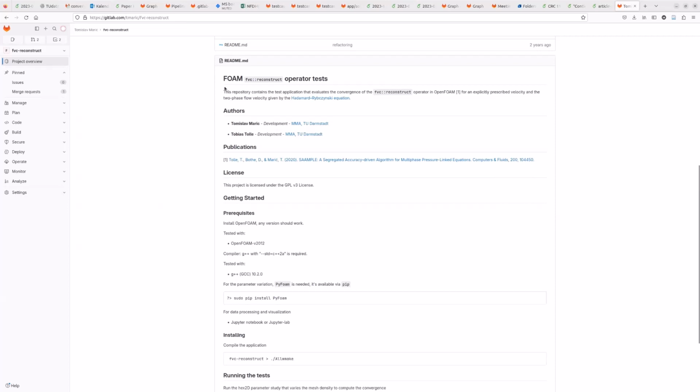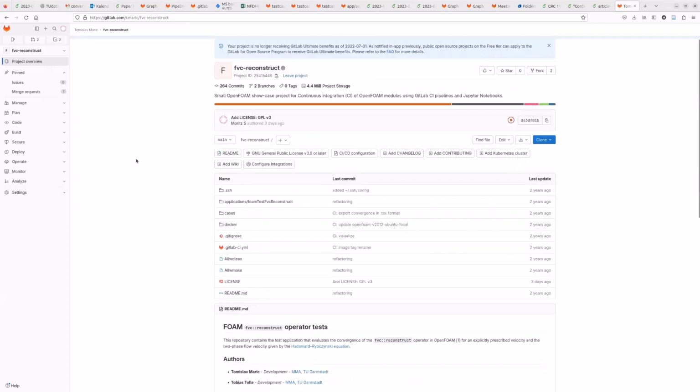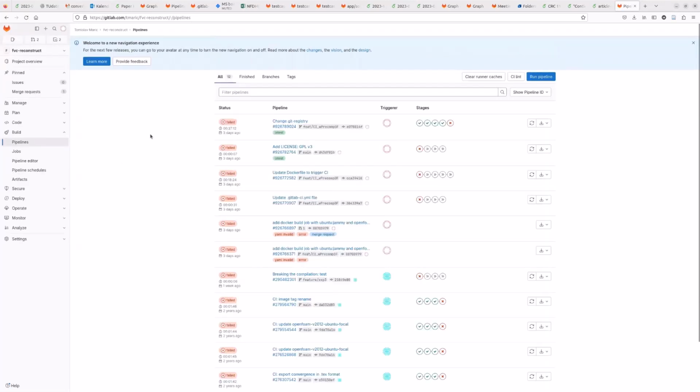This small repository has really an OpenFOAM case. And now, if we look into the latest pipeline, maybe,